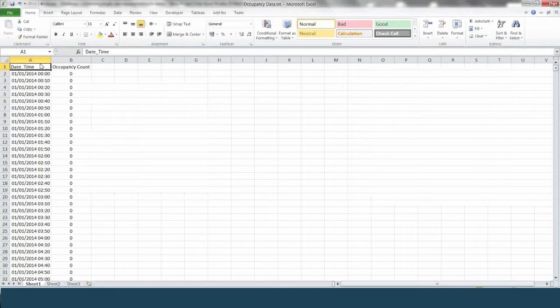data file. So at this point we jump into Microsoft Excel, and what you can see now is a single channel. We call this one Occupancy Count. It's running from the 1st of January 2014, midnight, and then you can see that the frequency of data logging is every 10 minutes, all the way down to the end of the year. The channel itself is looking at occupancy,